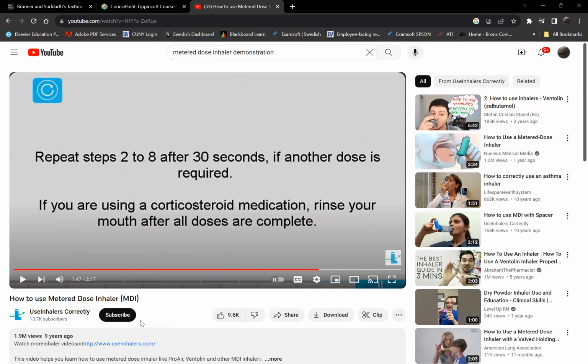Exactly. So that's why, are they taking the drug correctly? Because can their lungs absorb it? That's the problem. Okay, they're in a hurry, and obviously, were they taught correctly? No. So here's the warning if you miss a dose. If you're using a steroid, if there's a steroid in that inhaler, what do they do? Okay. All right. So let's go to the inhaler